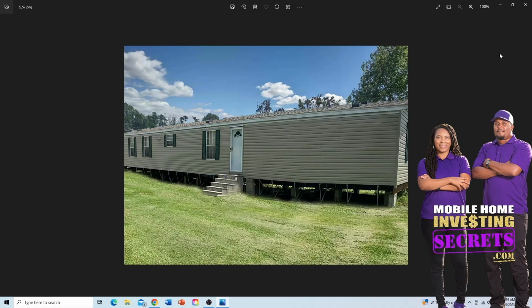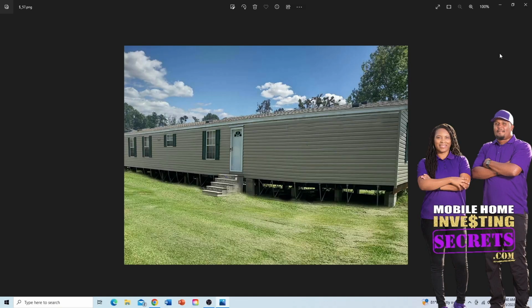So you just have to be careful and know how to match up all the information to make sure that the mobile home you're purchasing is what they say it is. The VIN numbers match, the data plate matches. Just find out all the correct information, because you don't want to be stuck with a home that you can't do anything with because they may still owe debt on it, or like I said, the paperwork